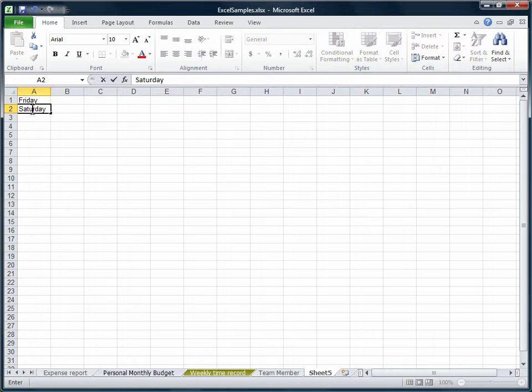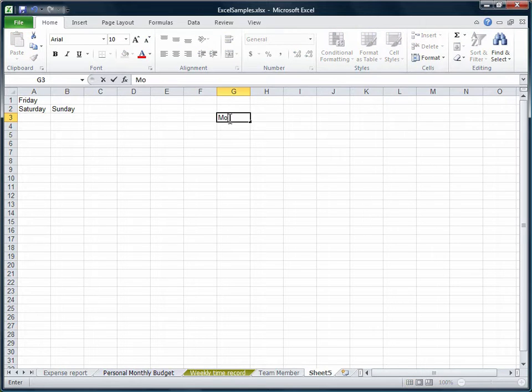Now, just as you can press the Enter key to move down one cell, you can press the Tab key to move right one cell, and I'll type Sunday. Oops, typo, Sunday. Now, most of the time, you'll probably type straight down columns or straight across columns, but you don't have to. You can type anywhere you place your cursor. So I'll go over here, and now the cell is active, so what I type will be in this cell,